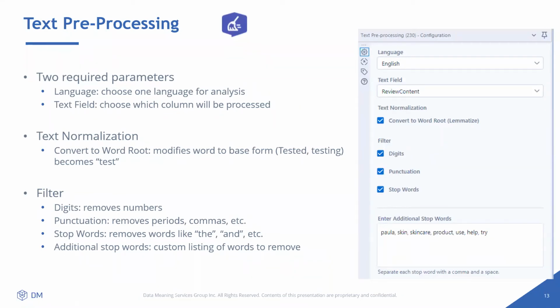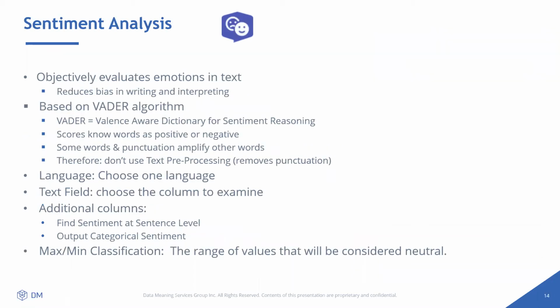One of the other things that I'll mention here is that the text pre-processing, while it is very helpful, I think, for the word clouds and some of our other topic analysis, it actually is discouraged if you're going to use sentiment analysis, because a lot of times in the sentiment analysis processing, what you want to keep are those punctuation marks and those particular words that people use. There can be a lot involved in those words that are important for people to understand, right? So the sentiment analysis takes your input and looks for words that are more positive, words that are more neutral, and then words that are negative, right? It also will include